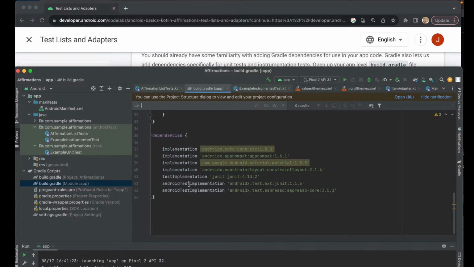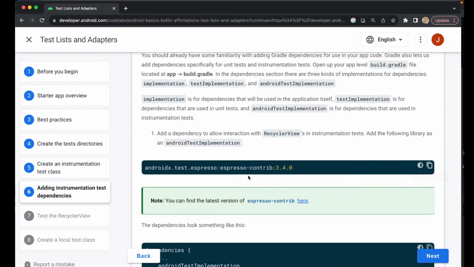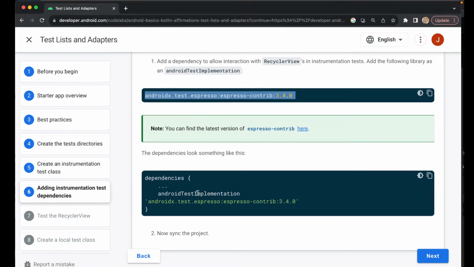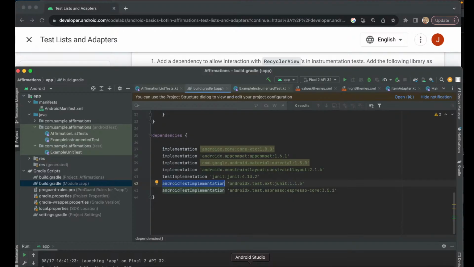With this androidTestImplementation, it wants us to add this Espresso contrib. So set implementations, you would do it like this. Set the dependencies. Inside the dependencies,